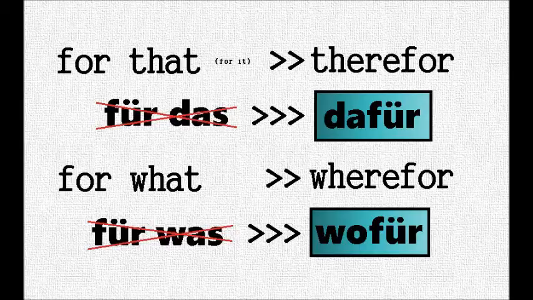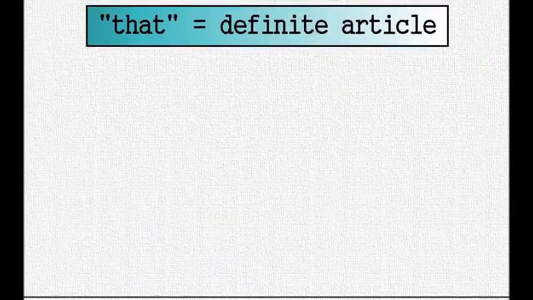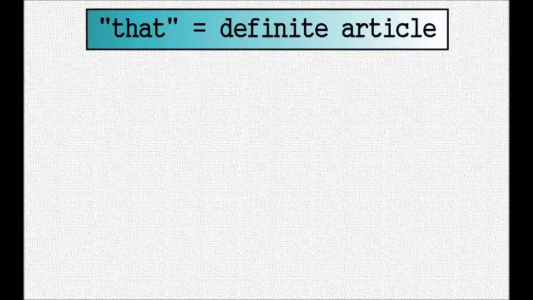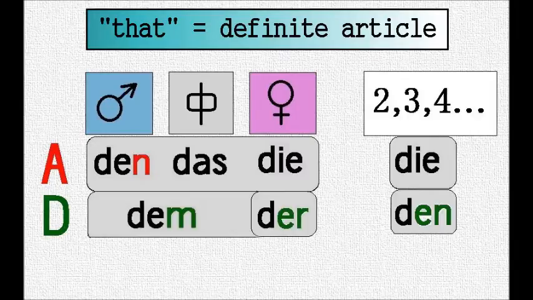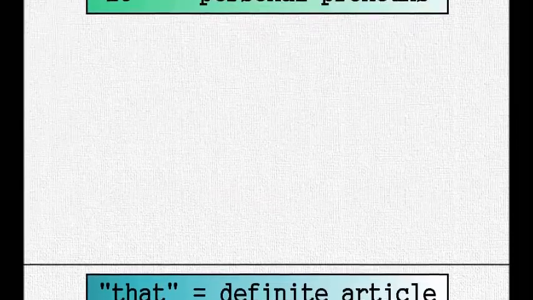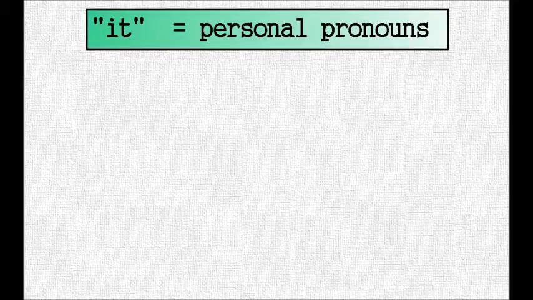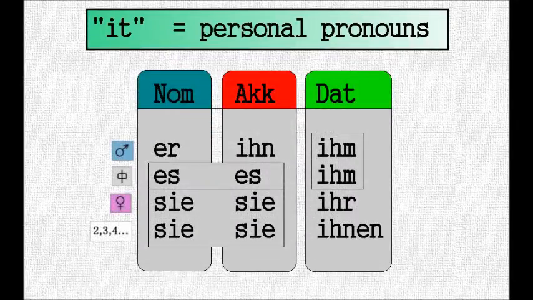If you've seen my video on demonstrative determiners, you know that das in German is the respective definite article of the noun. So it doesn't necessarily have to be das. It can also be one of the other forms as seen in this list. The same thing goes for it, which doesn't have to be es. It can also be the forms in this list, as German nouns have 3 sexes.